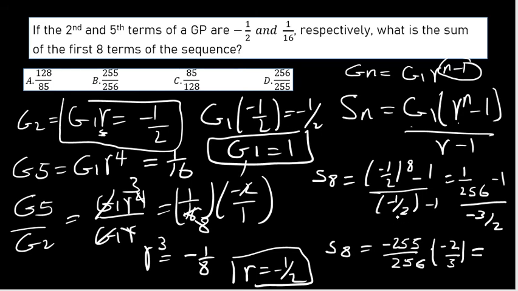When you subtract these two, because both of them are negative, we can add, then put the negative finally: negative 3 over 2. Then the difference here is going to be negative 255 over 256. Then flip the denominator. When you flip it, it's going to be negative 2 over 3. Then cancel the negative here, and by 2 you can simplify 128, and this one by 3 is going to be 85. So the answer will be